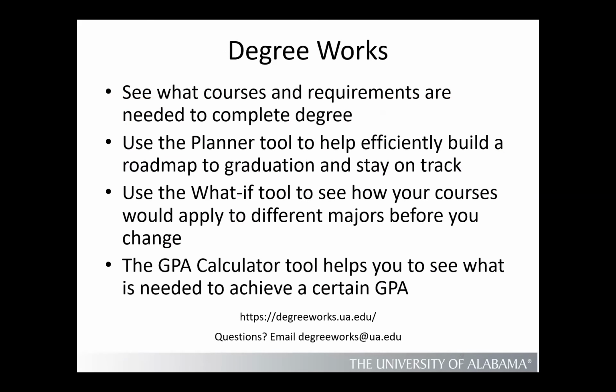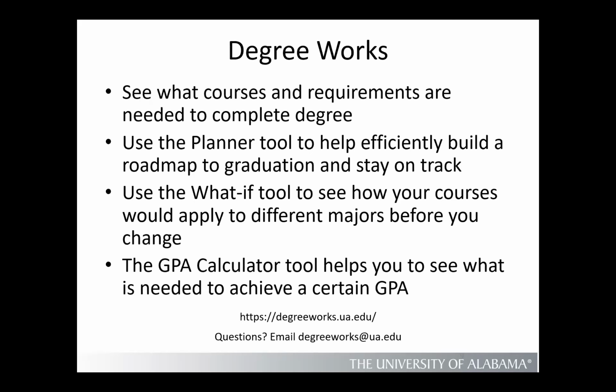DegreeWorks. Some things I wanted to mention about DegreeWorks. I can't really go into showing you DegreeWorks, but I wanted to mention what students can do with it. DegreeWorks is basically an online audit tool to show what students need to graduate. It has everything from course requirements to GPA requirements, how many courses are needed, all sorts of things in there. Basically it's just a checklist showing students what they need to graduate. It gives them a percentage. When they get to 100%, they are complete with their degree.